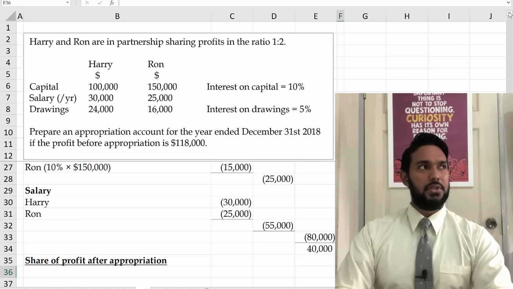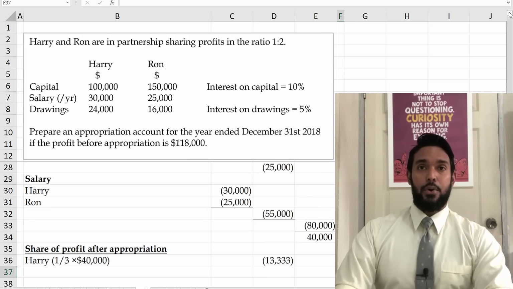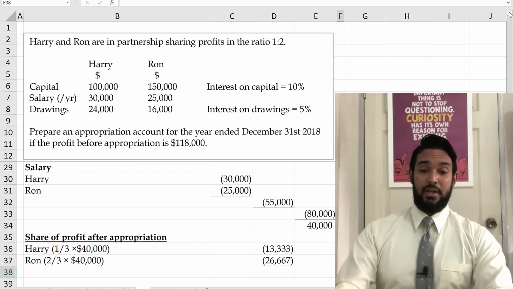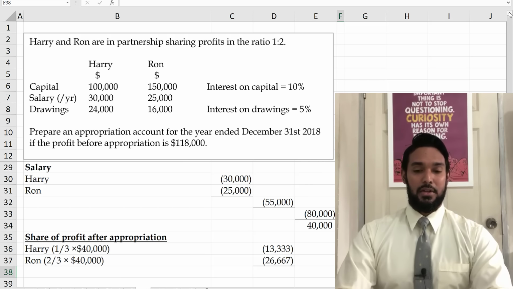But 40,000 is not a multiple of 3. We're going to get decimal places. So what do we do? Well, in this case, I round off to the nearest whole number, which for Harry would be 13,333. Ron will get 26,667. Now, if you don't round off properly, you might end up with 26,666. And when you add those two shares together, you're going to get 39,999, which means you're going to have $1